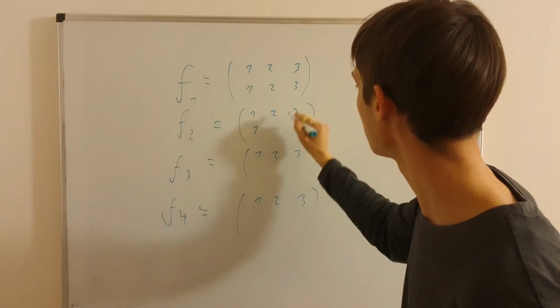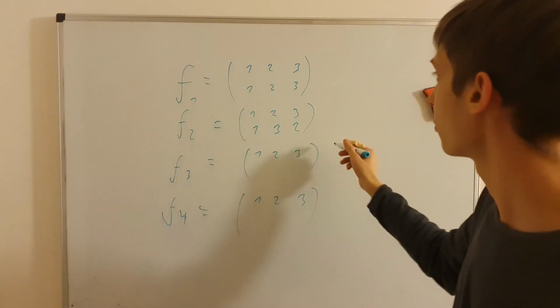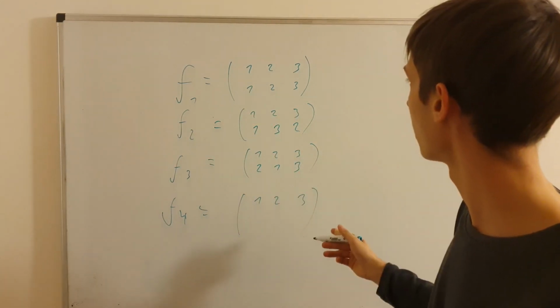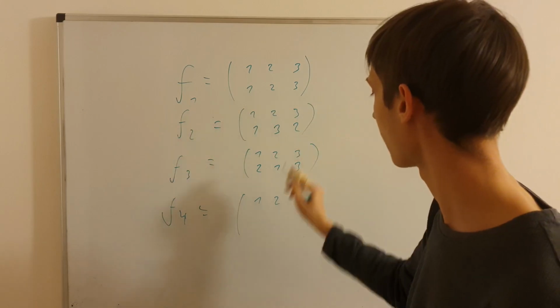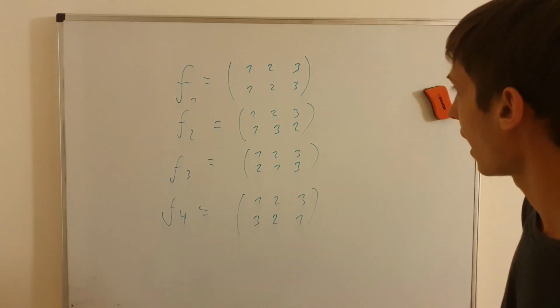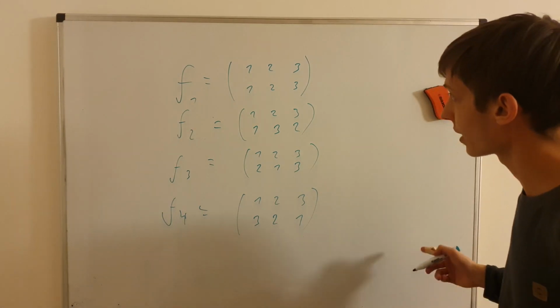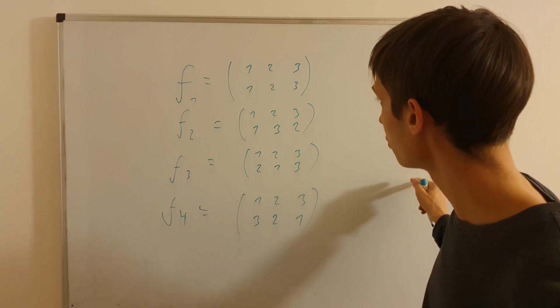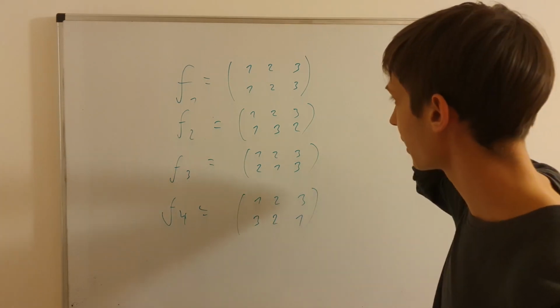So let me exchange these two, so 1, 3, 2. Then another thing one can do is exchange these first two, so 2, 1, 3. Then one can exchange the first one and the last one, so 3, 2, 1. And one can check if all combinations have been used, but actually one can check it the way that one